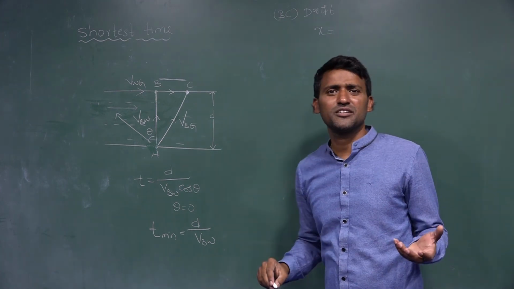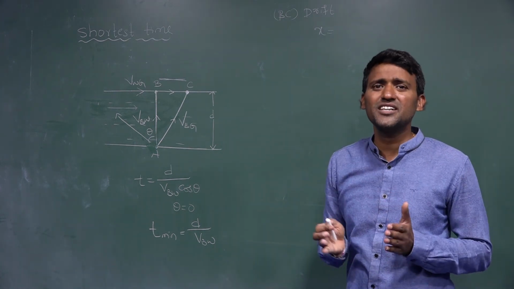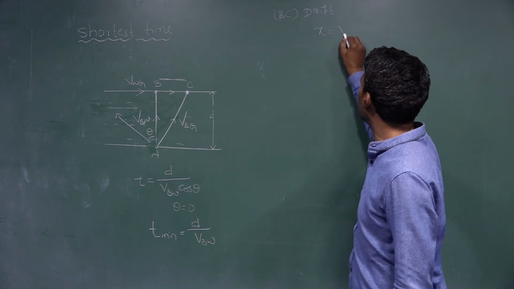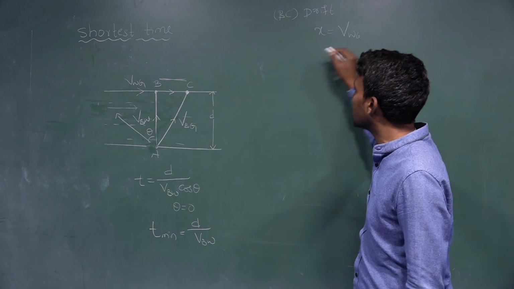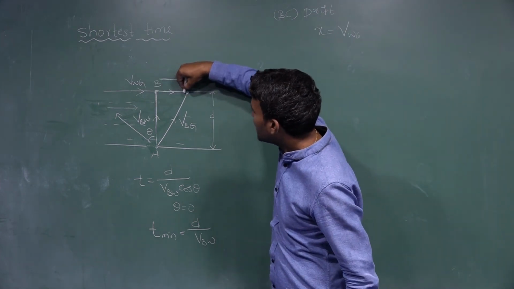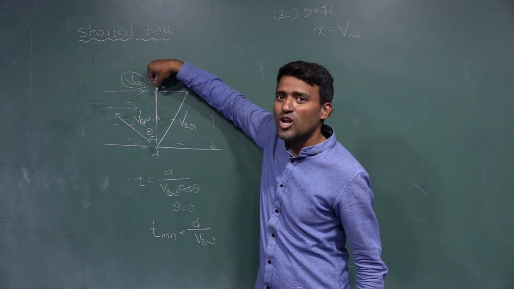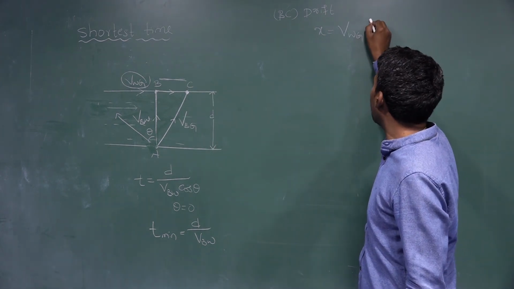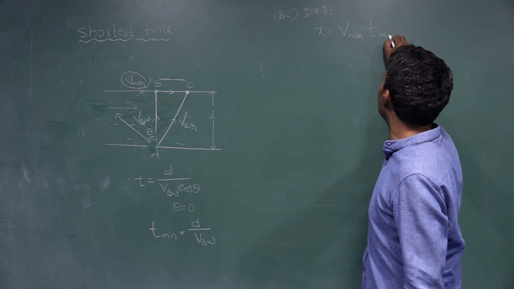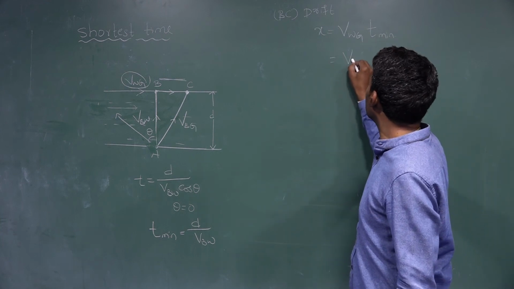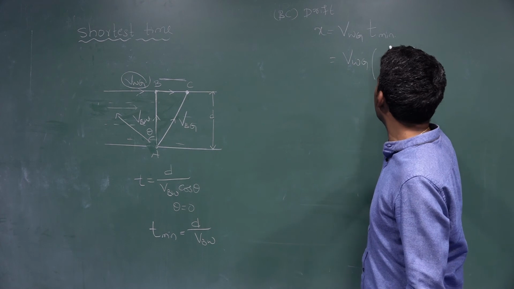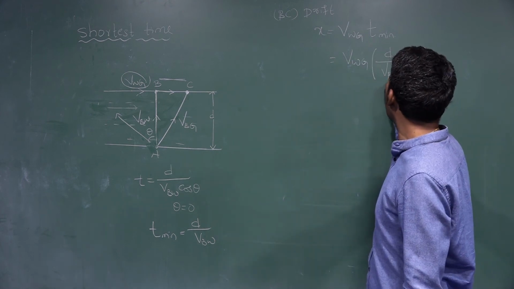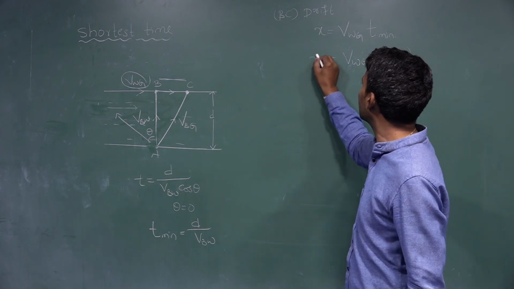Drift is nothing but either distance or displacement. We can write it as velocity into time. Here velocity is the water velocity along the BC direction, that is, the velocity of the water with respect to ground, and time is the minimum time. So we can write velocity of the water with respect to ground into time is equal to D divided by VBW. Time is equal to D/VBW. You can write X is equal to